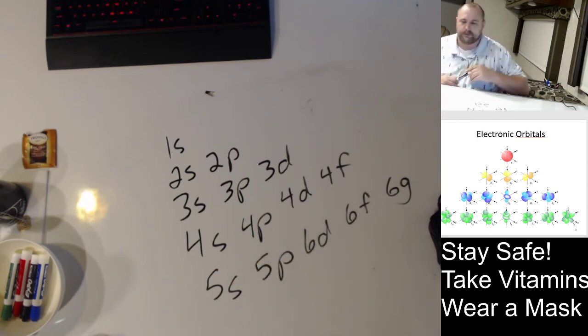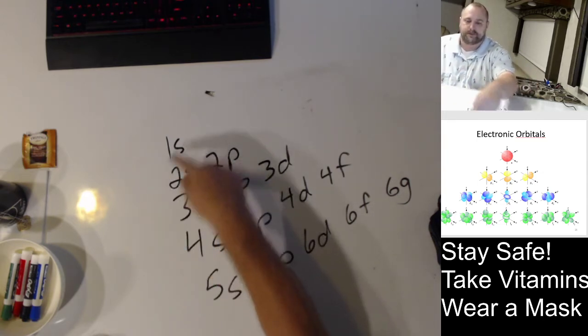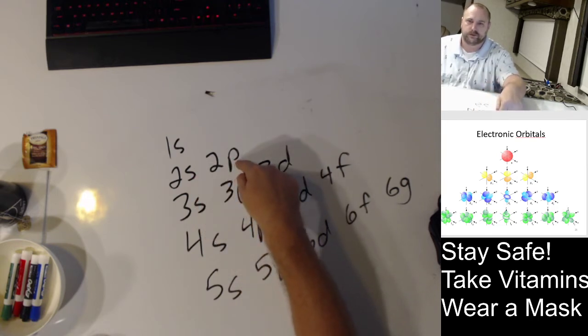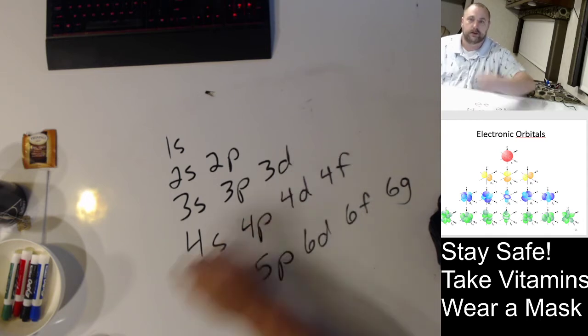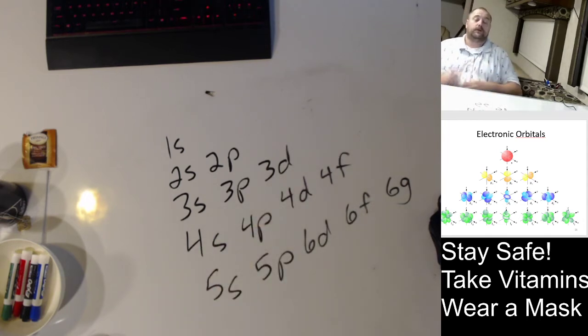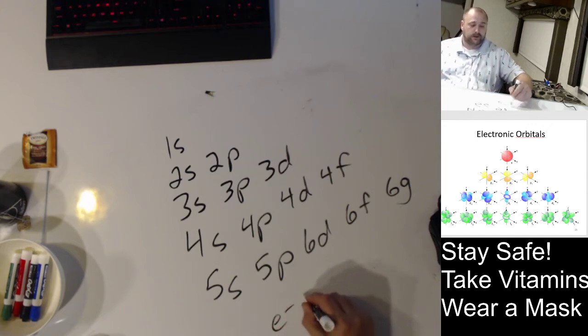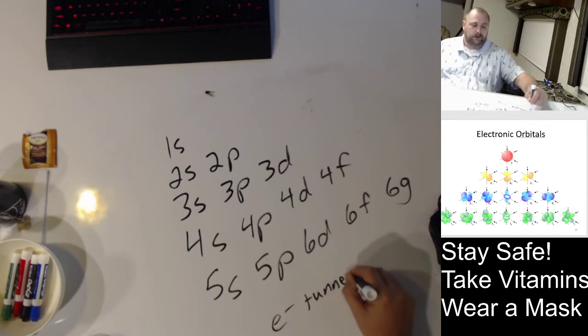We can do it infinitely. You would think I'd fill up the 1s, then I'd go to the 2s, then the 2p, then the 3s, and the 3p, and the 3d, and left and right. That's what would make sense to us. I totally agree. But remember this whole idea of electron tunneling, that inside part